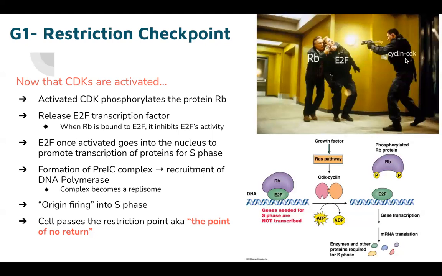So cyclin CDK needs to phosphorylate RB, which means basically taking it out from being able to do its job. So once RB is deactivated, disarmed, you could say, E2F is free to go and do its job, which in this case is to transcribe these genes that are needed for S phase. So yeah, active cyclin CDK is indirectly